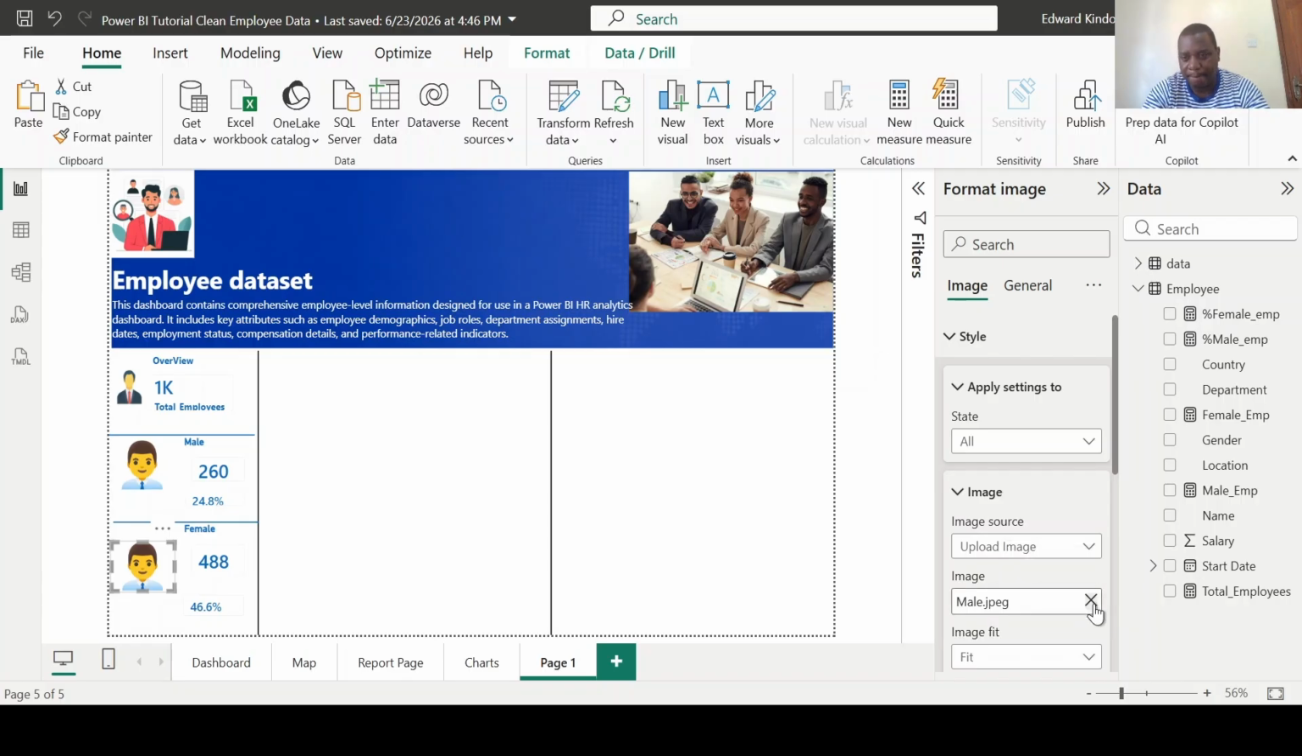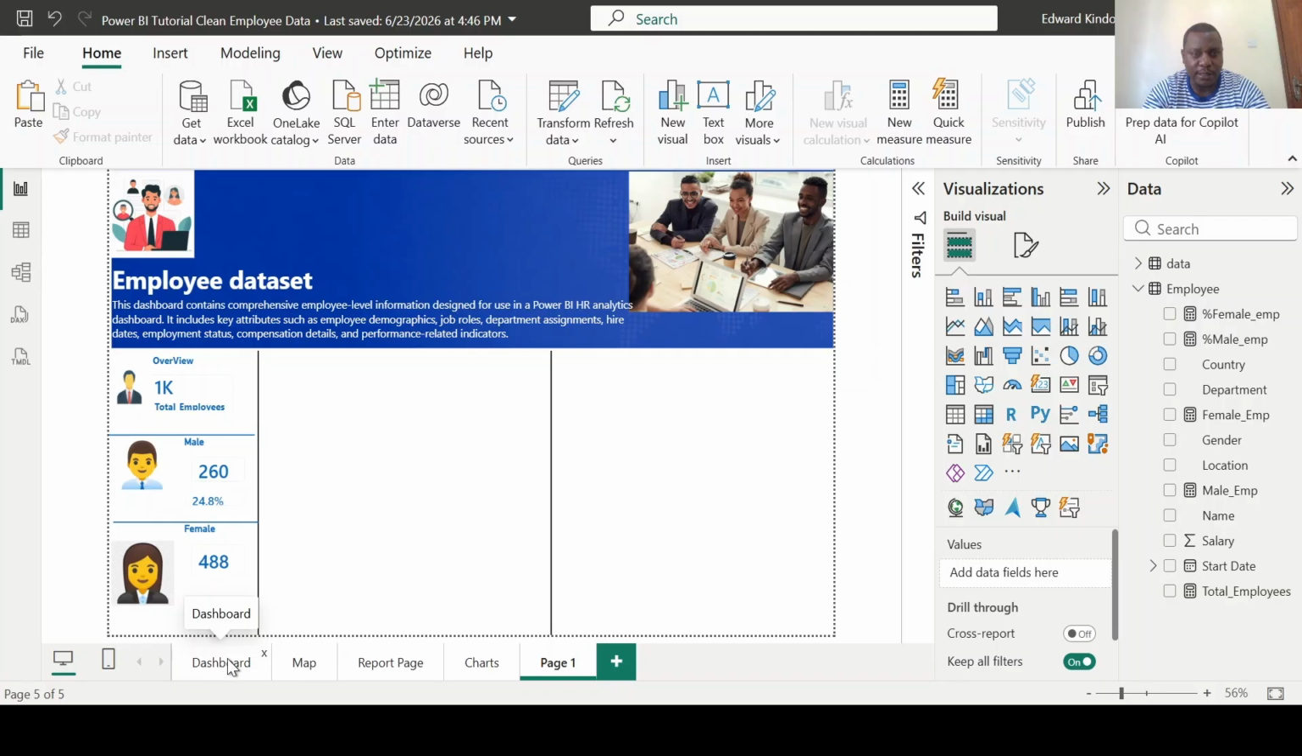Remove this and browse for the female image, which is this one here. And there we have it. We have our overview. Okay, so next is